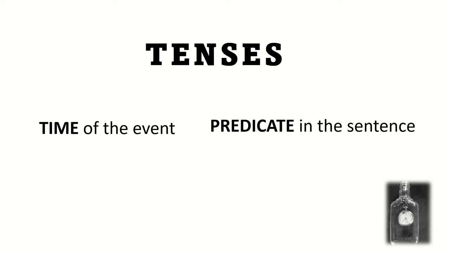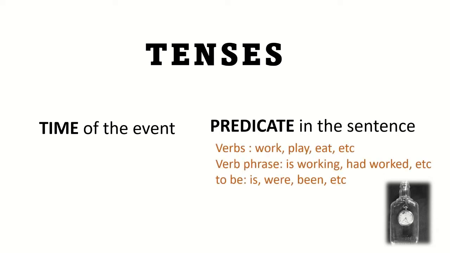The predicate in the sentence includes the verbs like work, play, eat, etc., and the verb phrase like is working, had worked, etc., and to be, like is, were, been, etc. The tenses only affect the predicate in the sentence. It has no effect on the subject. It has no effect on the adverbs. Well, maybe a bit, but the